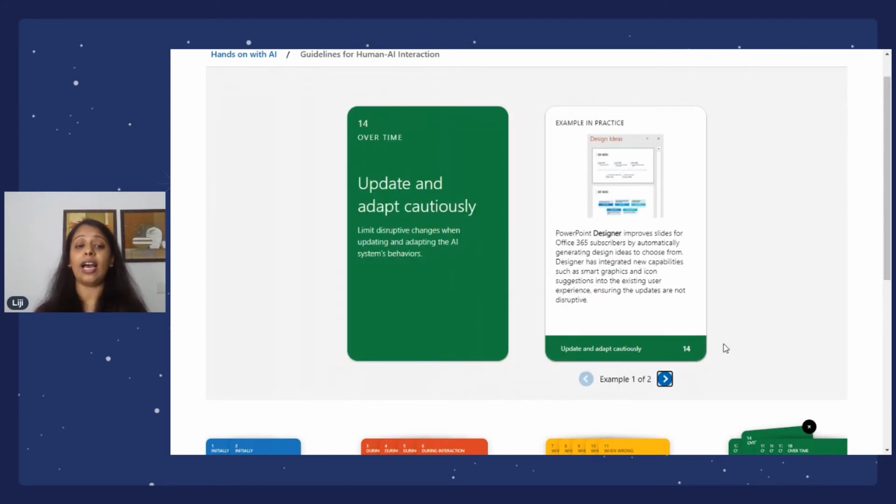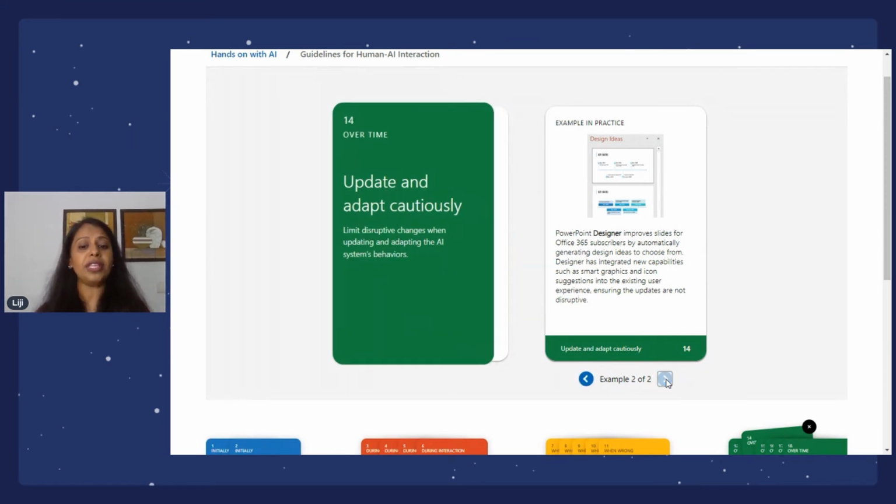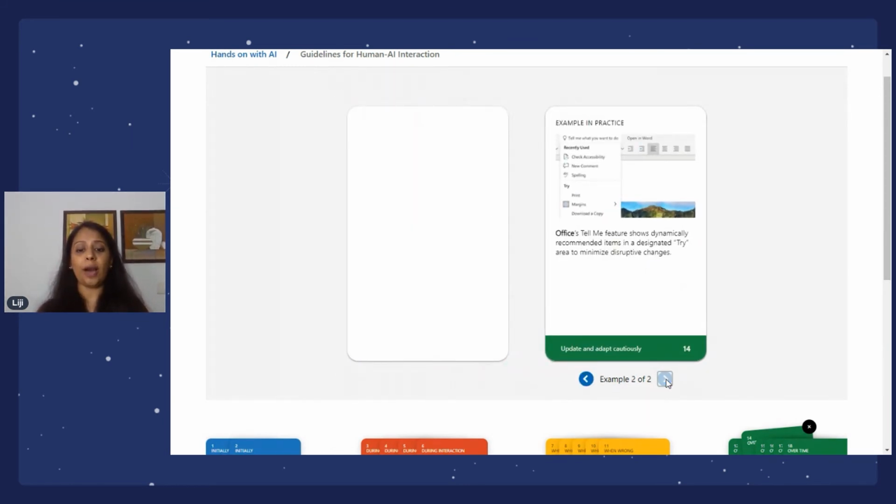Update and adapt cautiously. AI systems, because they're learning and adapting at a very fast pace, it is possible for them to go through frequent updates. Unlike regular software updates, it is possible for them to frequently adapt and update on the site. One of the things that is recommended is update and adapt cautiously. The user of the AI system should not feel like you've changed the gear shift from the first gear to the fifth gear altogether. We've got to try to make it as smooth and seamless as possible. Maybe try things like